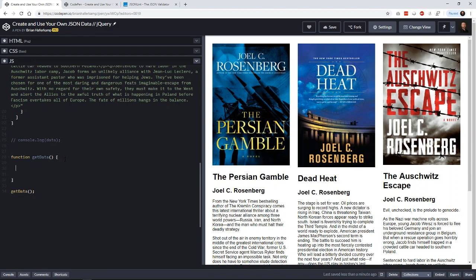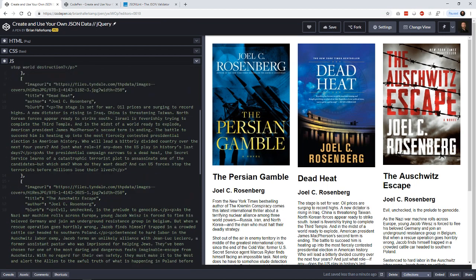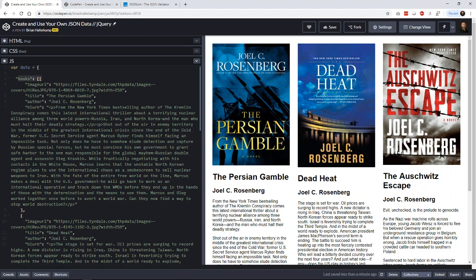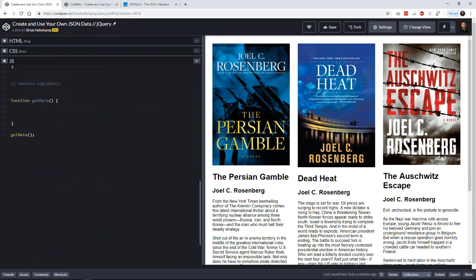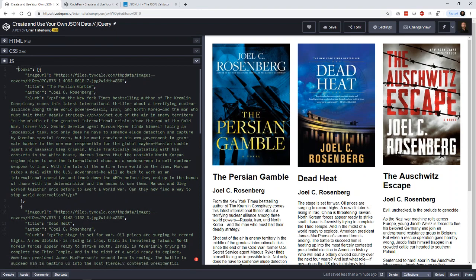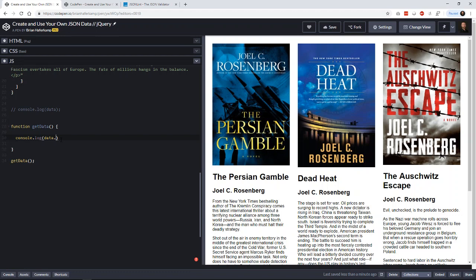The first thing we need to realize is that we can begin to navigate this data element here. Whenever we use an object, which a variable is an object, you can get inside of that object to the key value pairs by using what's called dot notation. So if we say console.log data dot, and then we find a key inside of data, we only have one key now. So our key is books. So if we say data.books and we console log that,